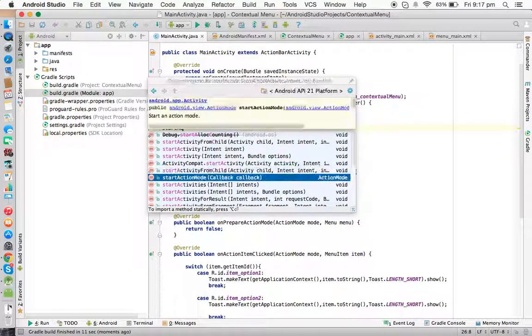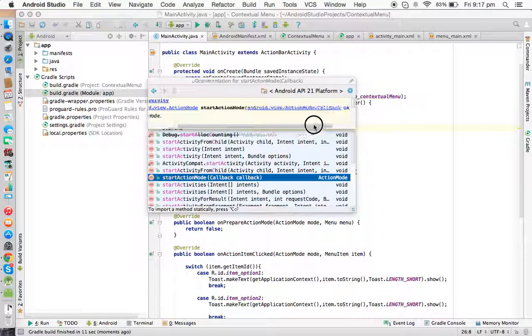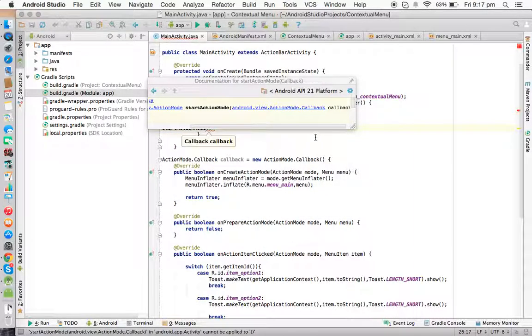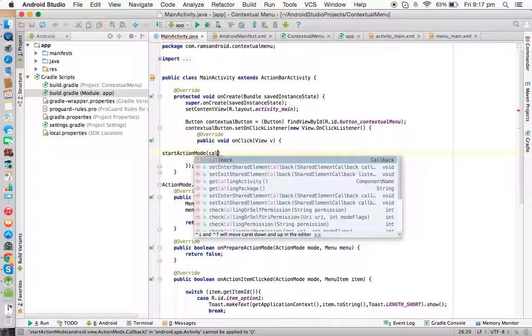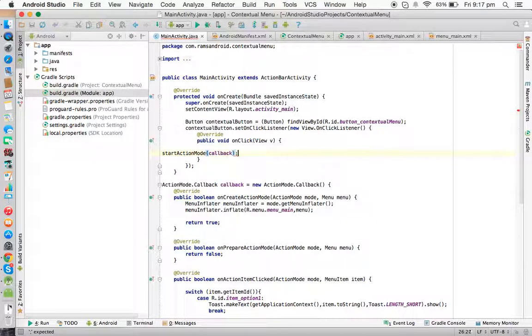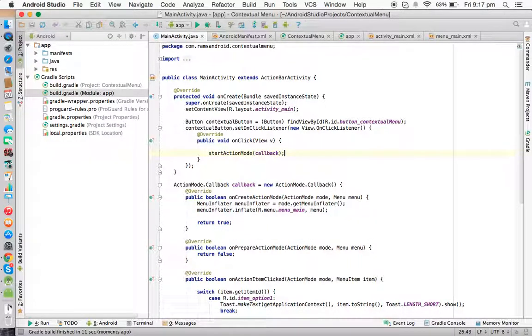Where is it? Right here you'll see startActionMode. In that you need to pass the ActionMode.Callback, so select it, and in that we have already implemented this ActionMode.Callback interface, so you are just passing the callback. That's it. This is the contextual menu program.